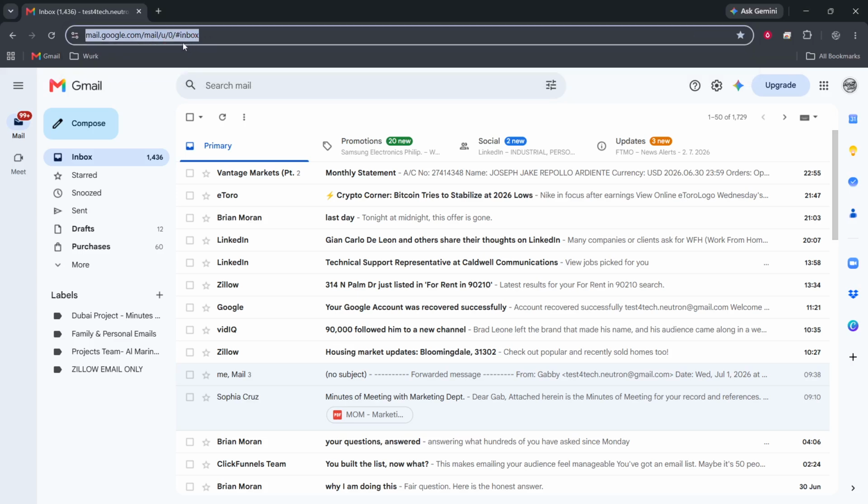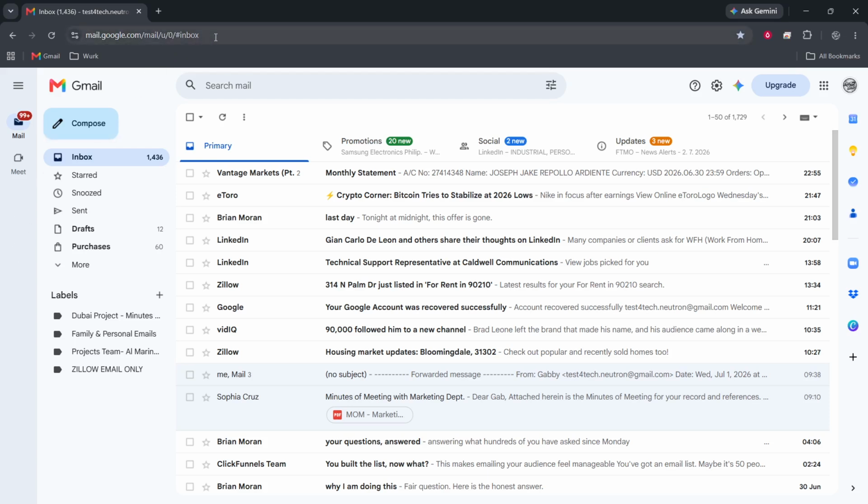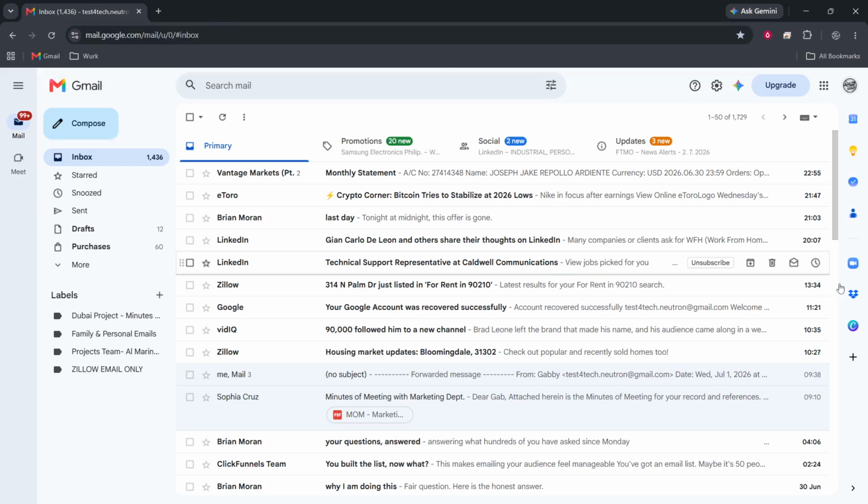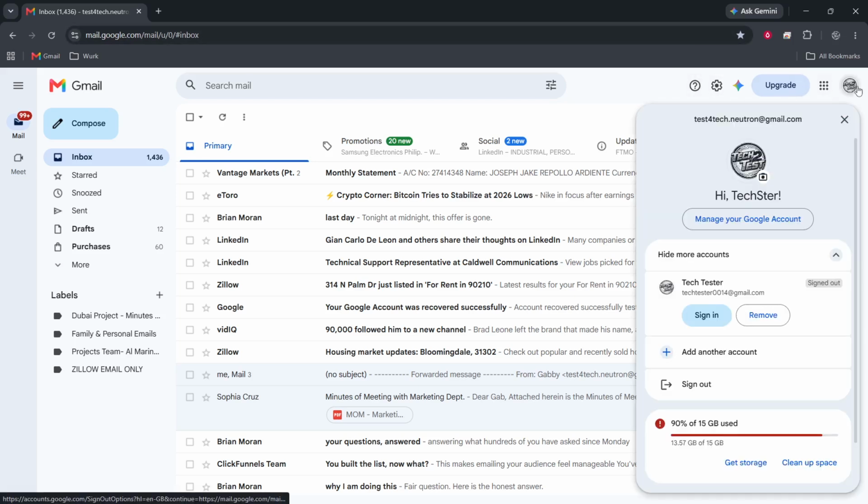Make sure you are logged into your account. If you aren't, you will need to enter your credentials. This step is important because being logged in ensures your email is saved and sent from your account. Once you click on the Gmail icon, it will load your inbox, showing all your current emails.